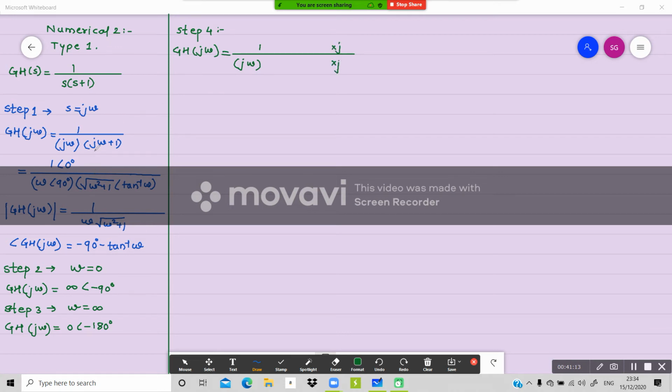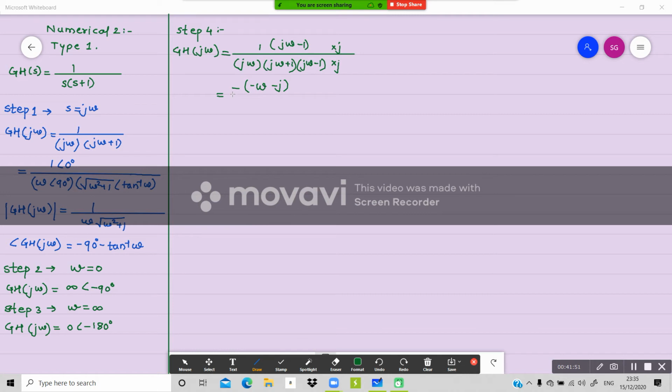Correct. Another factor that you are having is j omega plus 1. So you have to multiply by its complex conjugate, j omega minus 1, and in the numerator also j omega minus 1. So what we are having now, j square. J square is minus 1. So I'll write minus sign over here. And when you open the brackets, you are going to have j square. J square is minus, correct? So minus omega and minus j